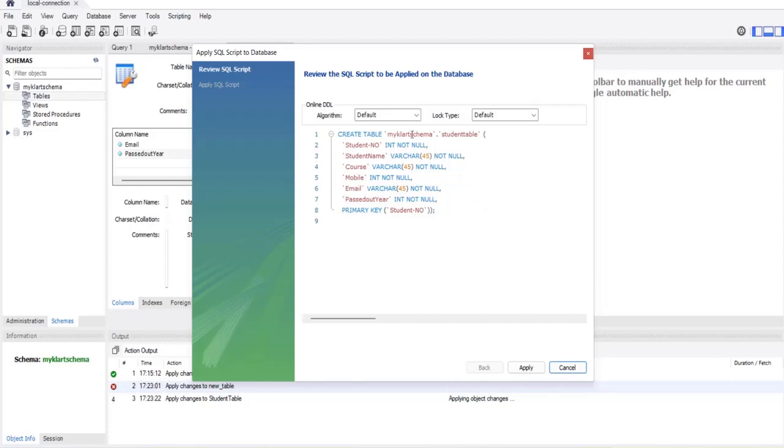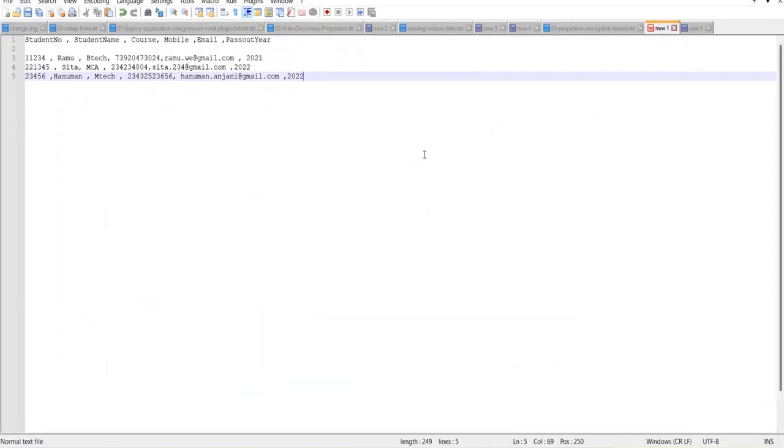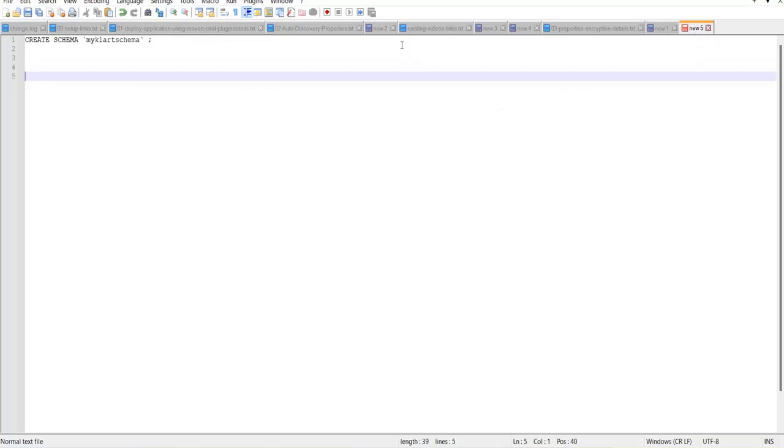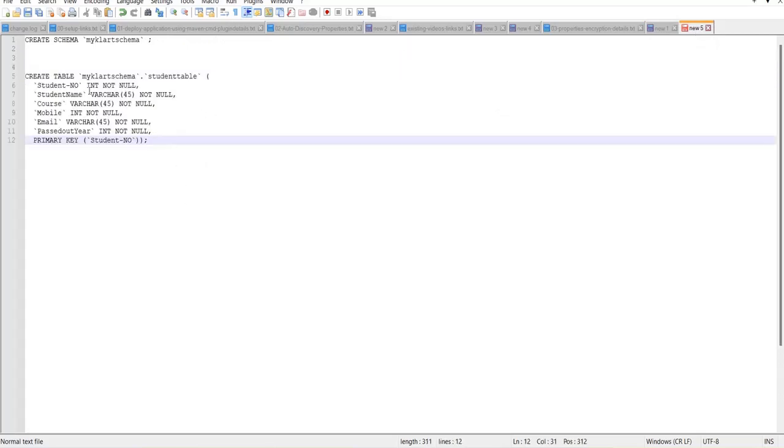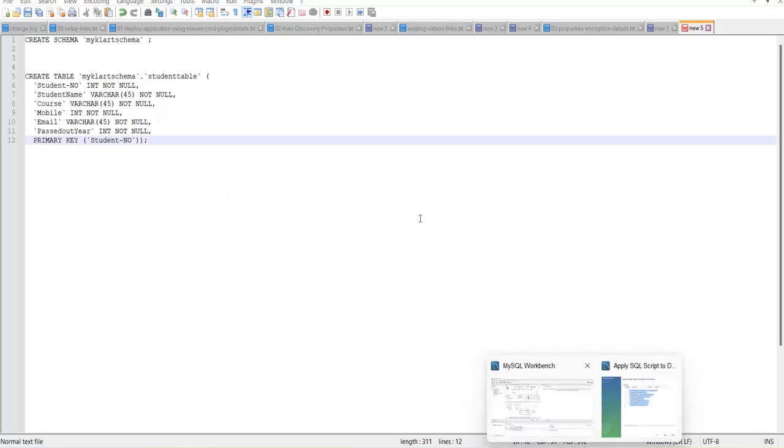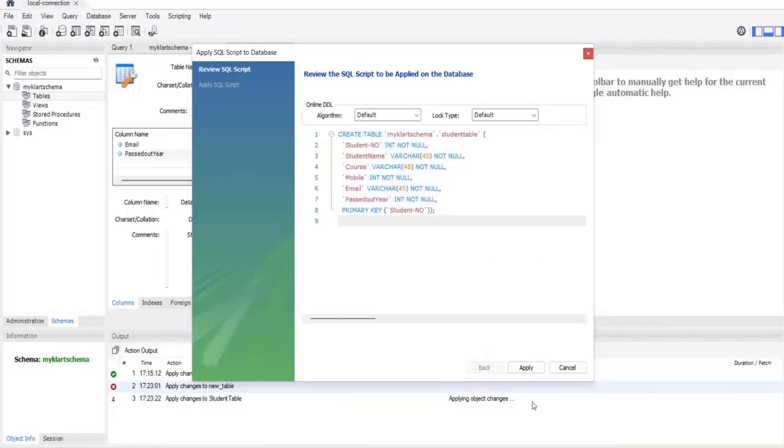If you can see in the schema, which is the database you have created earlier, that is your database name. In that database you are going to create the student table. So this is the SQL script. You have to remember this script in order to create the same table by using command prompt. As we are using Workbench, this is a big advantage for newcomers or new students. You don't need to remember these commands. You can just enter all the details graphically and click on apply. So review the SQL script, this is the advantage of Workbench. It will show you the complete script if you want to learn all these things. Okay, so just click on apply,